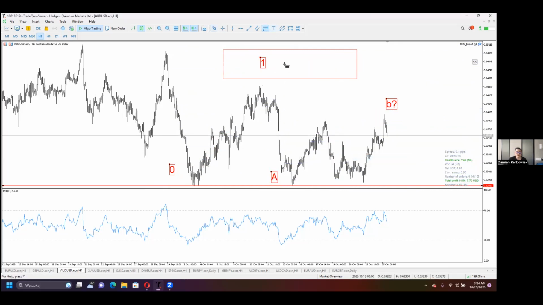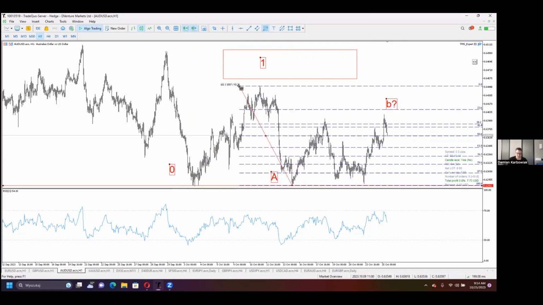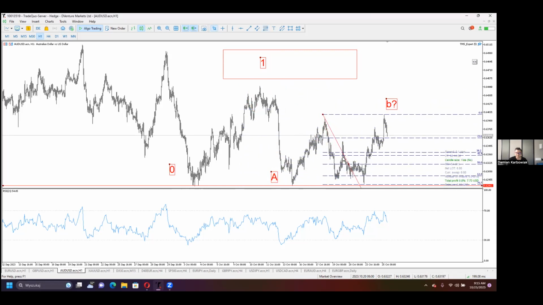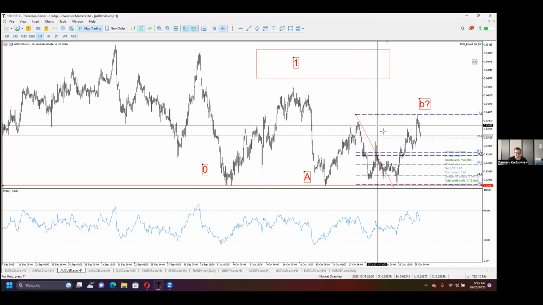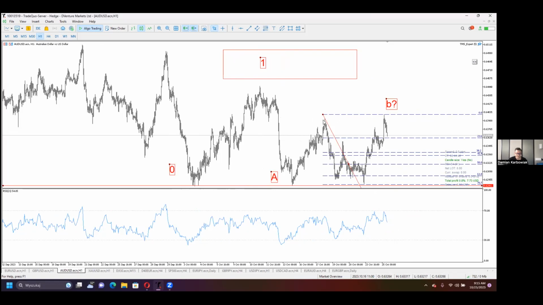No. One more time. If you want to do the measurement in the uptrend for the flat correction, you have to start with your scale at the bottom of A, go to the top of your 1 to have a 0 on top, and after that move your 0 from the top to the top of the B, the current B, of course, because we don't know if the B is finished or not. The final answer that the B is finished we will have when we see the overbalance of the biggest correction, but I guess unfortunately the overbalance of the biggest correction will be very close to our